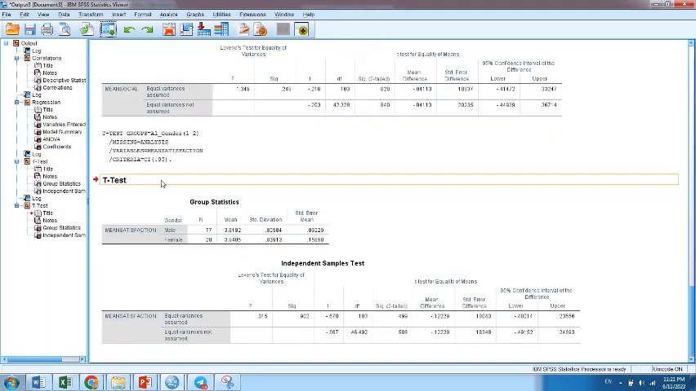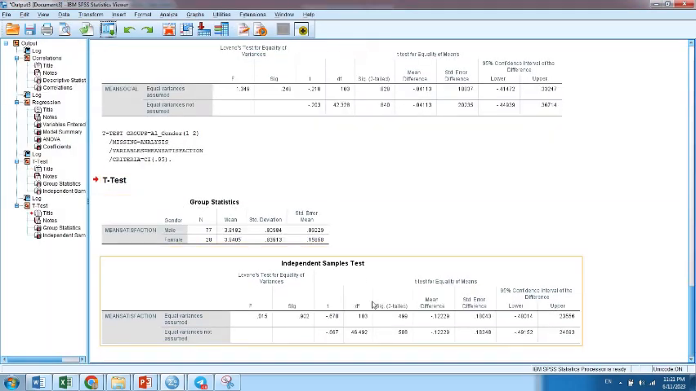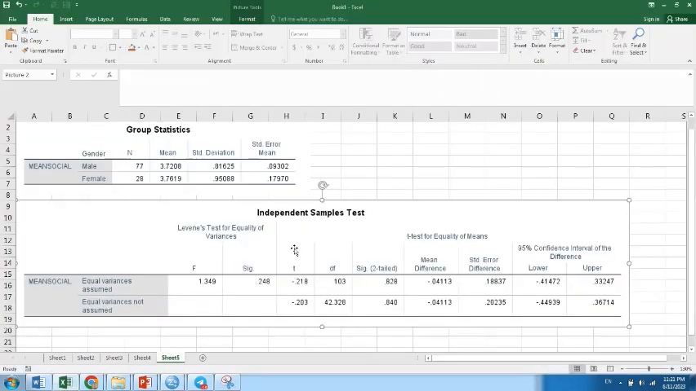Now you have two tables here, group statistics and independent samples t-test. What are the values here? Let's check. I moved everything to Excel so it becomes bigger. As you can see here, there are 77 males and only 28 females, and this is the mean and standard deviation. So what we are looking at first is the significance value,